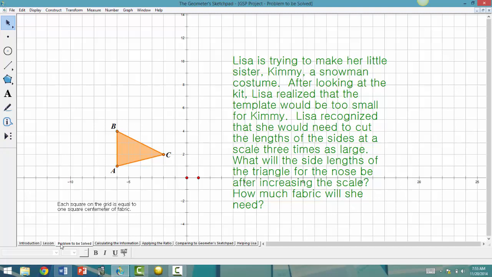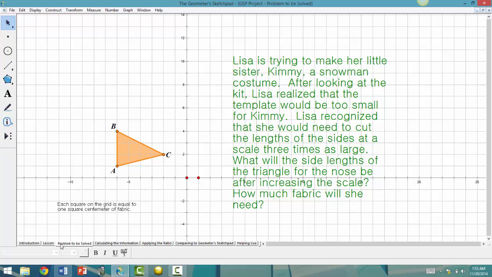The problem to be solved is that Lisa is trying to make her little sister Kimmy a snowman costume. After looking at the kit, Lisa realized that the template would be too small for Kimmy. Lisa recognized that she would need to cut the lengths of the sides at a scale 3 times as large. What will the side lengths of the triangle for the nose be after increasing the scale, and how much fabric